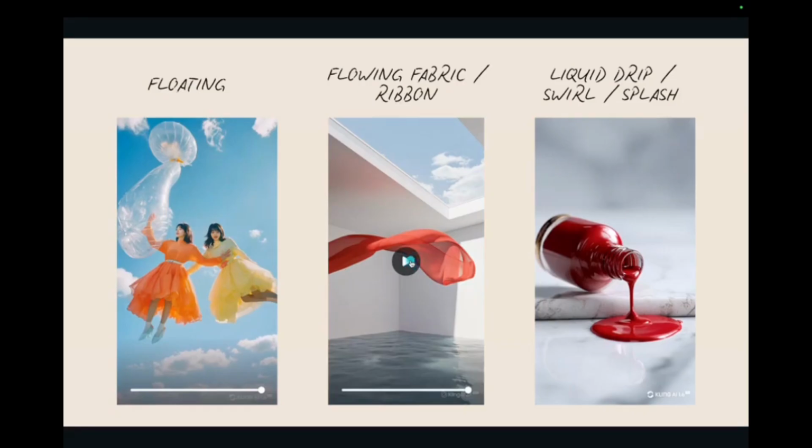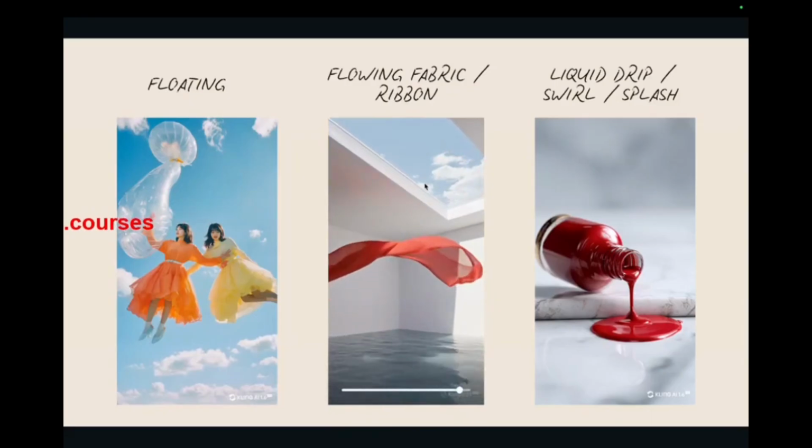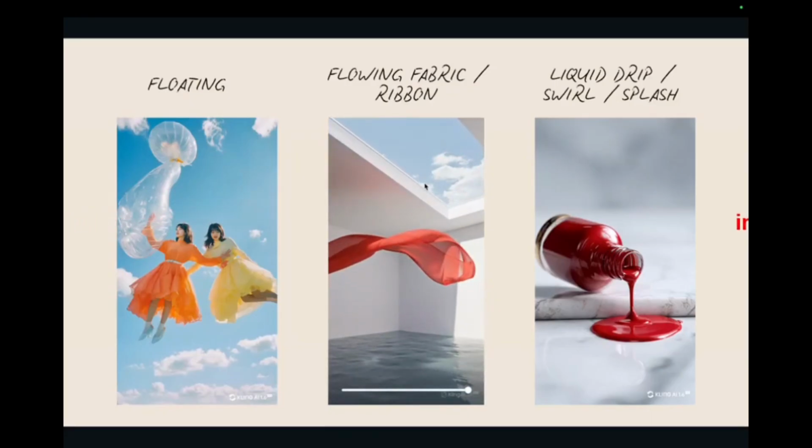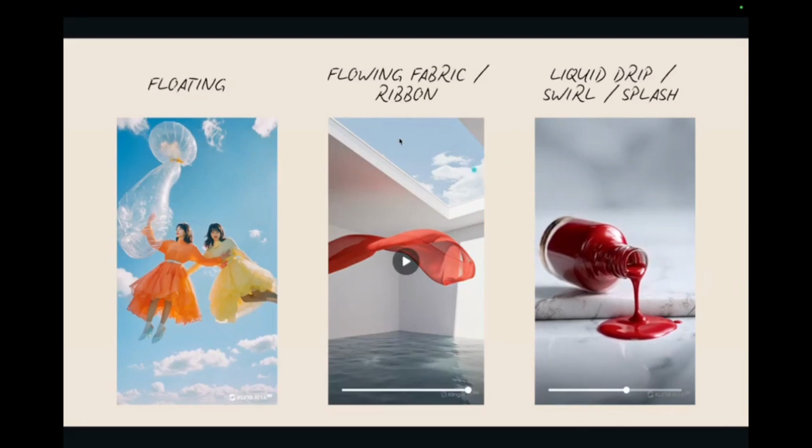Here we can see fabrics and ribbon. So you can write a prompt like floating around, slow motion, silk ribbon wrapping and dancing in slow motion, and things like this. This also gives it a very rich and emotional feeling. It's great for beauty and fashion. Here we can see the liquid drip. This is good for beauty or for anything that has to do with a watery feel. You can use the prompt glossy lip tint dripping in slow motion. This gives us texture and a luxury feel as well.